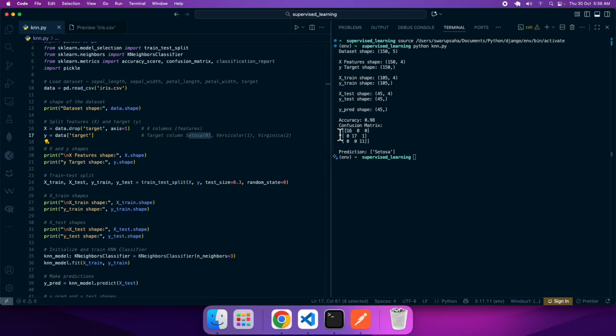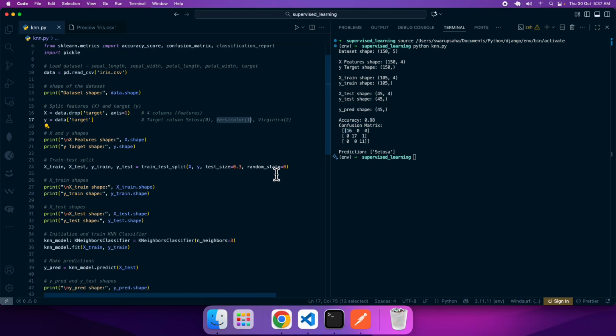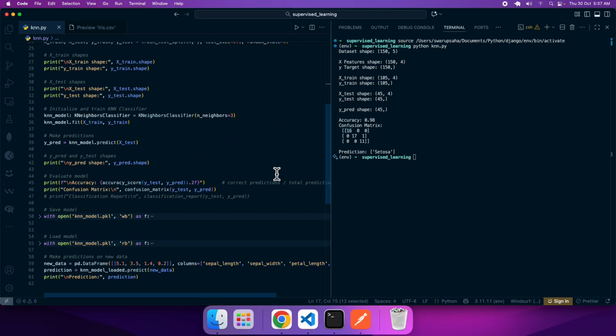That means you can think of it this way: the 0th row or the 0th column represents Satosa, the first row and the first column represent versicolor, and the third row or third column, if you represent in the form of 1 2 3, or the second if you represent in the form of 0 1 2, represents Virginica. That's how it has been put forward in the form of 3 dimensions. So why is it